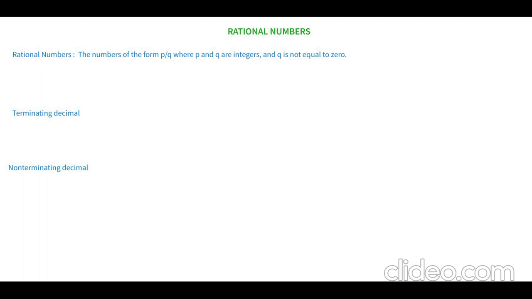Rational numbers are the numbers of the form p by q. So p and q are integers and q is not equal to 0. So q should not be 0. They should be any integers. Now, when this p by q is converted to a decimal,